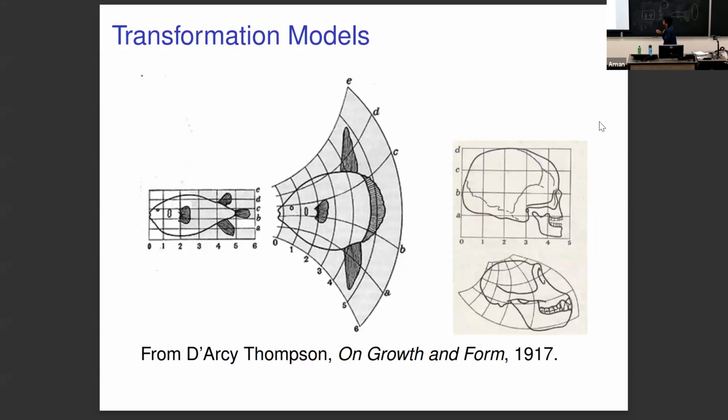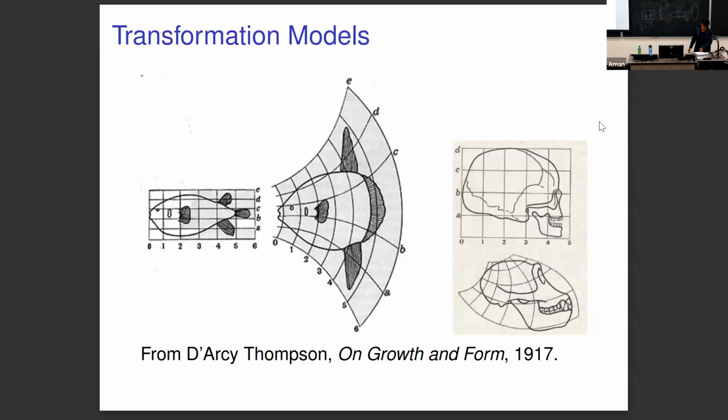Okay, so transformation models. As we just briefly saw in the previous slide, let's say you have a template fish like that in the coordinate chart, and there are other fishes that also look similar, have the same body parts, but are slightly different in terms of the shape of the fish. So instead of modifying or transforming the fish itself, you can again modify the coordinate system directly and transform it in a way where it looks like a